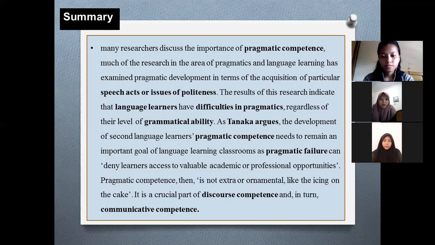Results of this research indicate that language learners have difficulties in pragmatics, regardless of their level of grammatical ability. As Tanaka argues, the development of second language learners' pragmatic competence needs to remain an important goal of language learning classrooms, as pragmatic failure can deny learners access